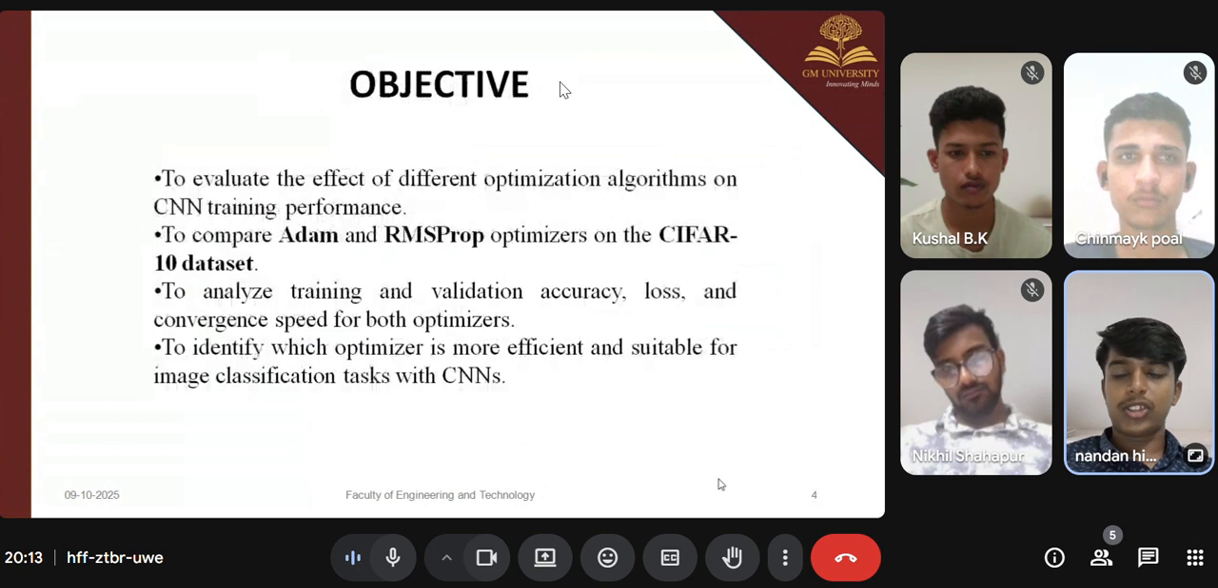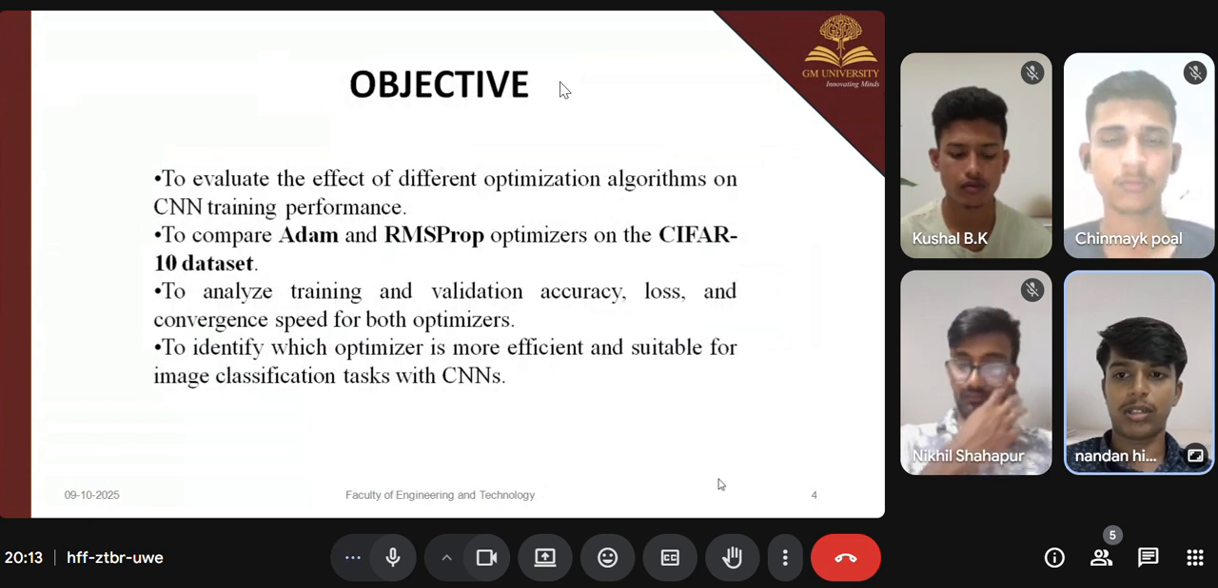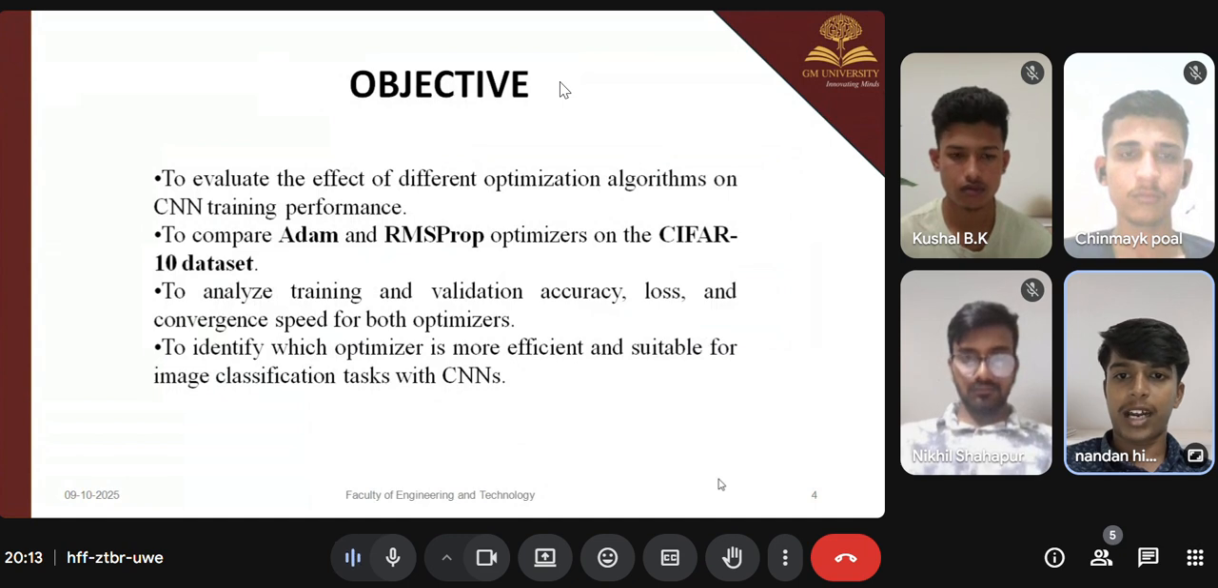the objectives. What are the objectives we used here? To evaluate the effect of different optimization algorithms on CNN training performance. We compare Adam and RMSProp optimizers on the CIFAR-10 dataset to analyze training and validation accuracy, loss, and the convergence speed for both optimizers. We use the loss and accuracy for both optimizers to identify which optimizer is more efficient and suitable for image classification tasks like CNNs, and which one is the best. In the next slide, we have